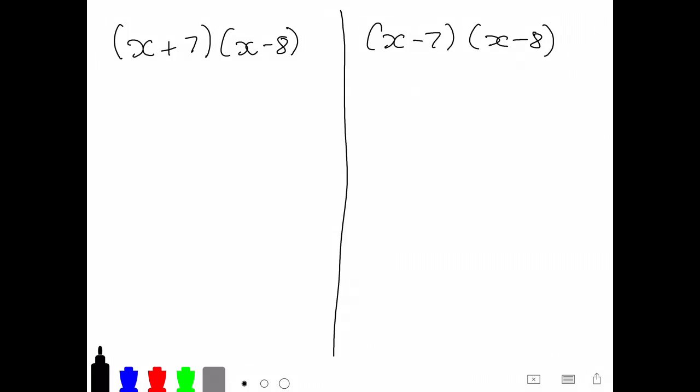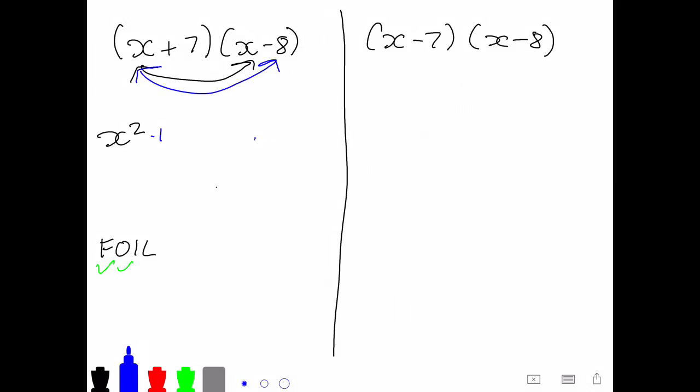Okay, so what are the differences between these two? So we're gonna follow FOIL. So I'll take it off already. First gives us x squared. Then outside